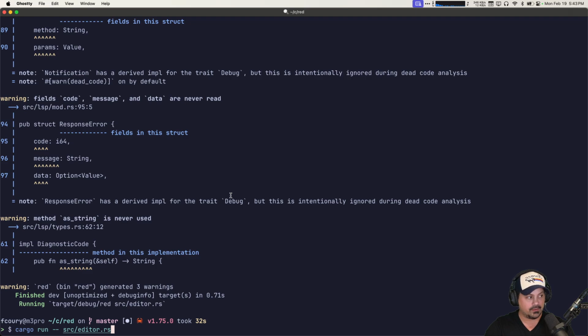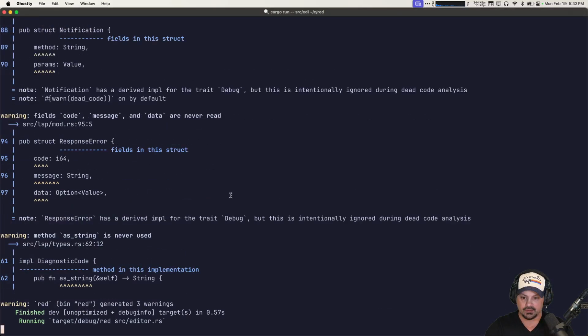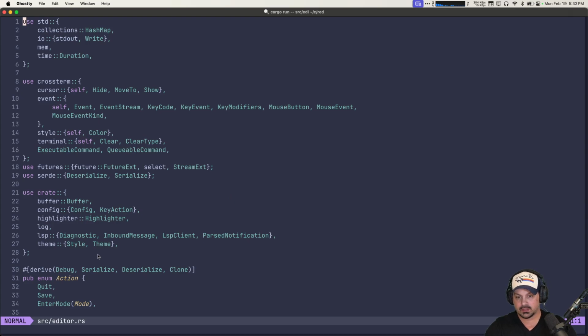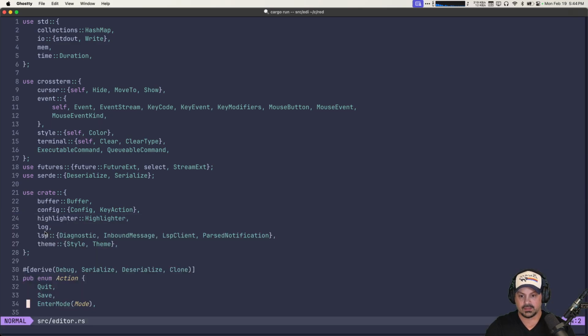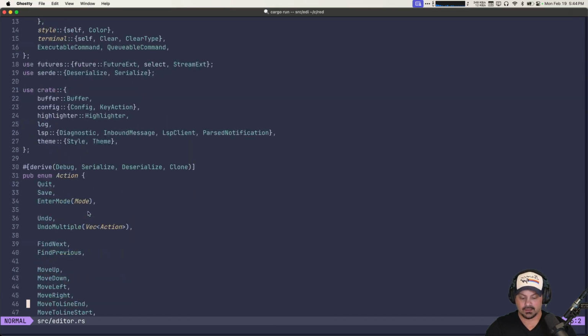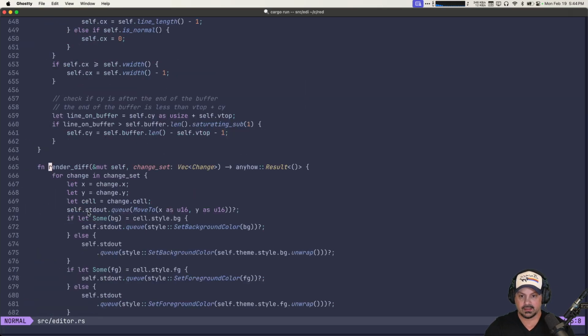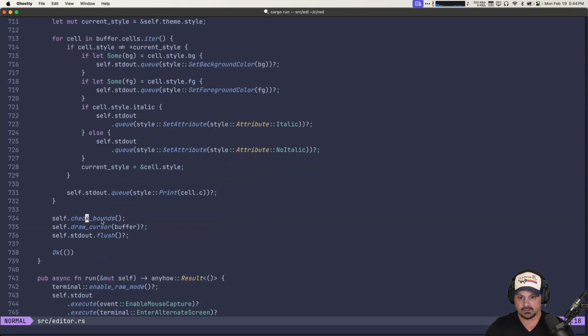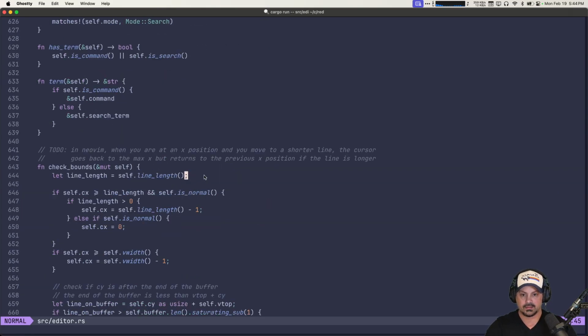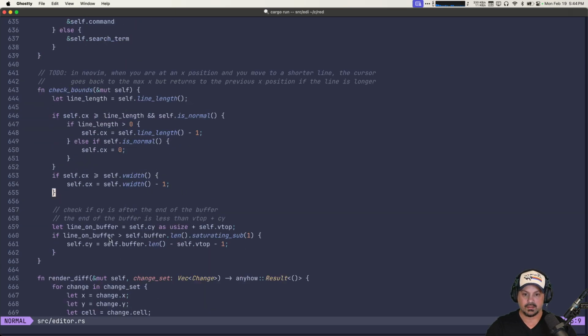Let's see. So what did we do? We potentially fixed the problem with the cursor being like down here, and we do like a resize. No, it's still there. Okay, so we did not fix it by doing that. Let's go again to render. What's the next one? Let's check what check bounds does. So line length, it does if line on buffer. Check if it's Y after the end of buffer. Okay. We also need to check